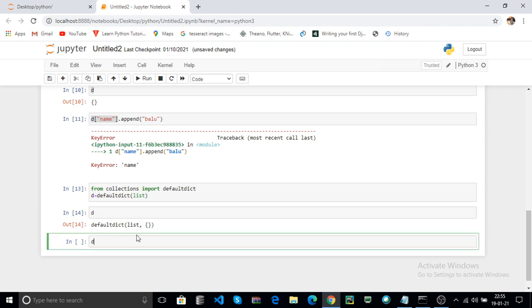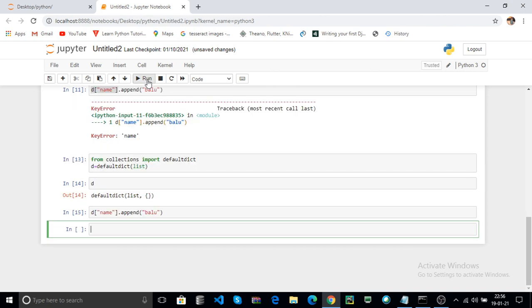Now I am trying to append to an already non-existing key, because the key is not set: name dot append, here I pass Balu. Click on run. Here the defaultdict allows appending the default value to an already non-existing key.